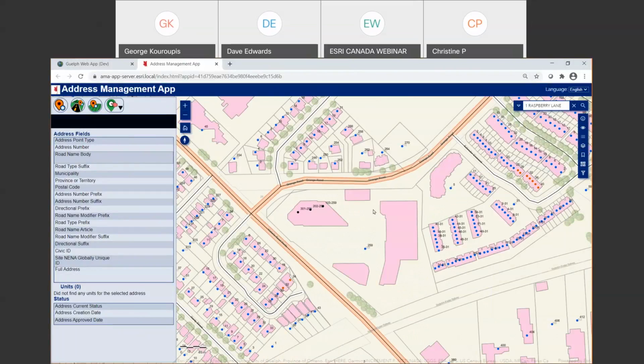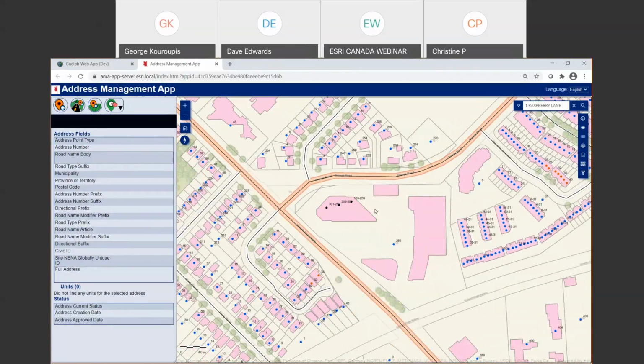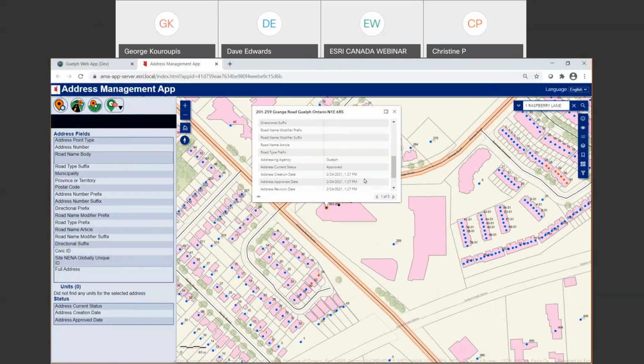Now we do have a workflow, the workflow for moving address points from an approved state. So initially, addresses are entered into the system in an approved state. That could also be tentative. Some people prefer the term tentative. You can configure that. But now that this is in a tentative or approved state and you want to promote that to an active